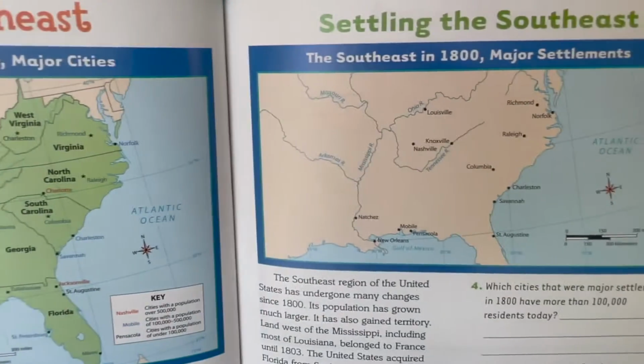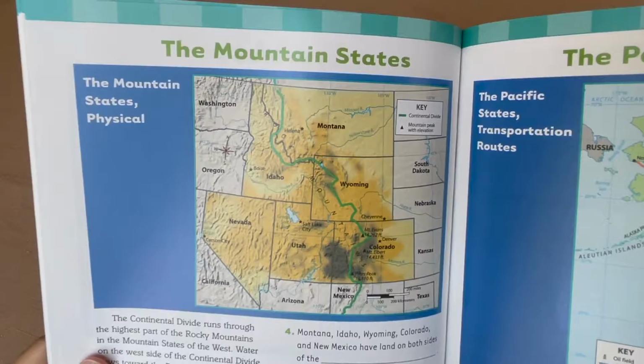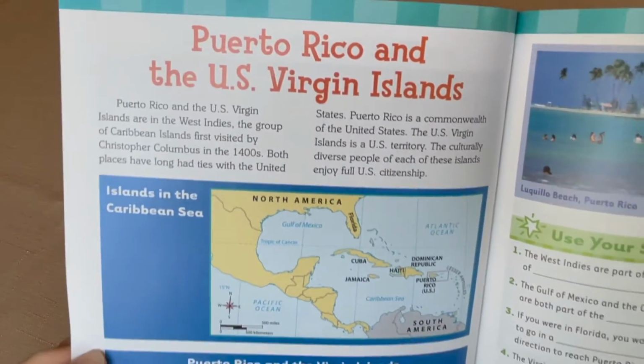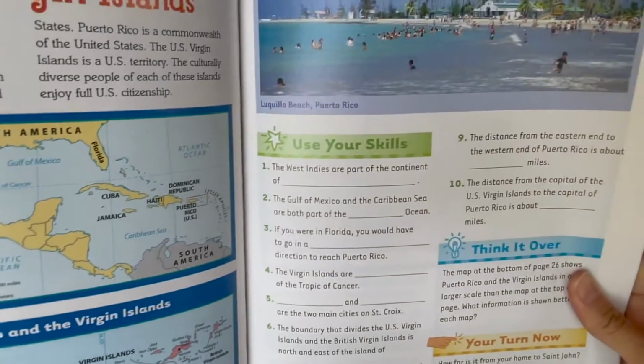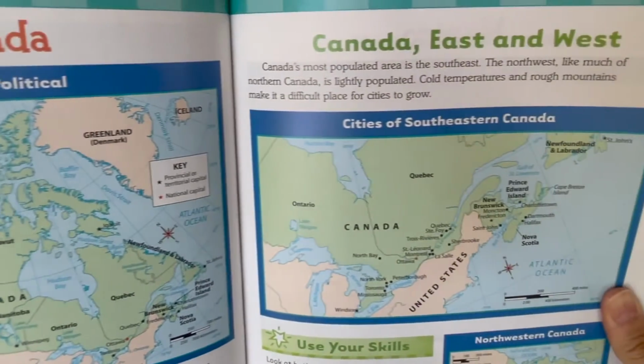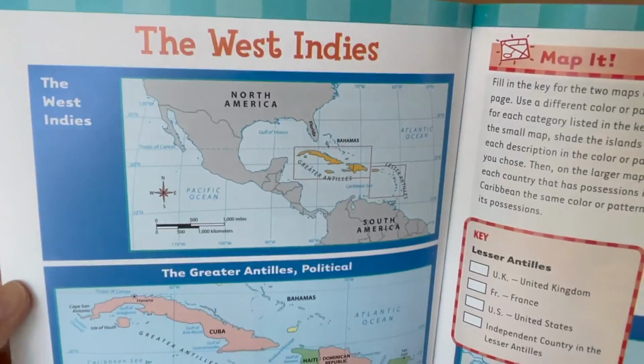Like I said, sometimes it is good to review and study it a little bit more in depth if they had done the previous books. After the states, it will talk about Puerto Rico, the U.S. Virgin Islands. It will get a little bit more in depth with Canada and Mexico, Central America, the West Indies,